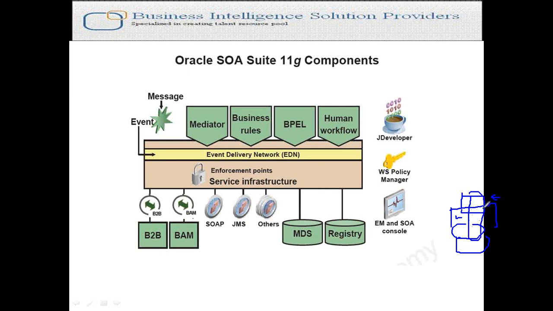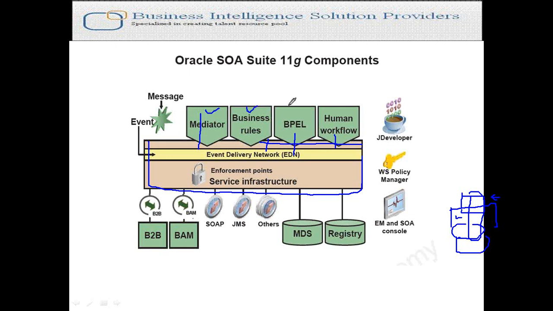So when you install SOA, this is what you get installed first: the service infrastructure. The service infrastructure is nothing but a combination of a lot of schemas that get installed, that get created in your database. It is the backbone of the SOA system. All the different components listen to it or are connected to each other using it. Okay, so if you know what a mediator is, what a business rule component is, what a BPEL is, and